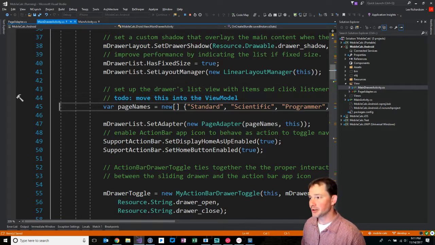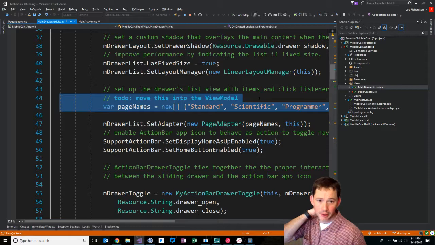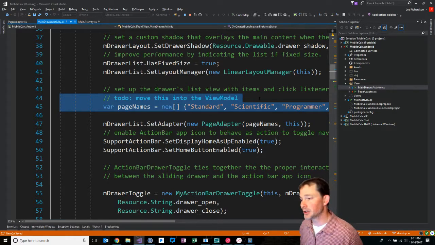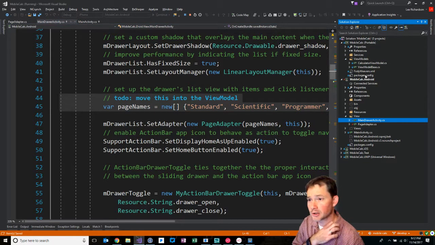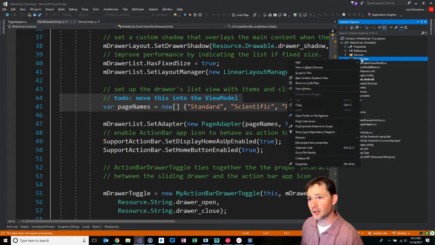Again, the problem here is that this is all Android specific code, and we're going to want to port this over to iOS as well. So let's move this over to the portable class library, our shared code, and we should have a view model for the calculator view model, the view model base, and we'll need one for